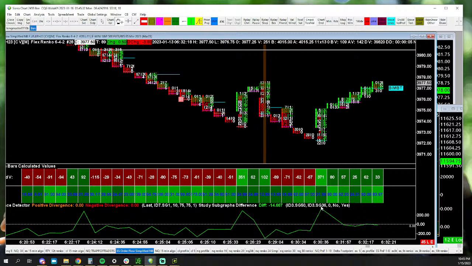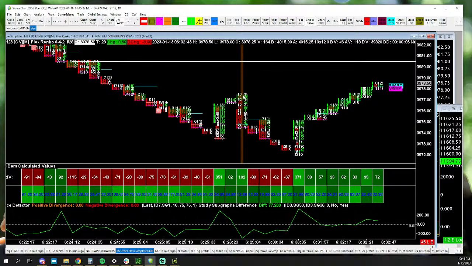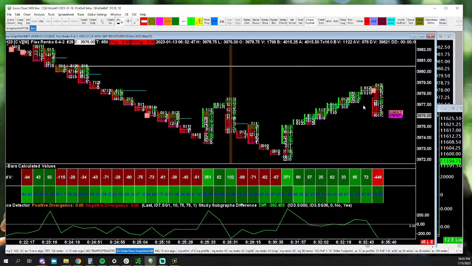But that, it might be okay. See how they took this and they held the zero line. So let's see if they break this and then hold it. We could have a low. Oh, they lost it big. And there's our divergent high, right? Lower high, price went higher. So this would generally be an immediate sell.